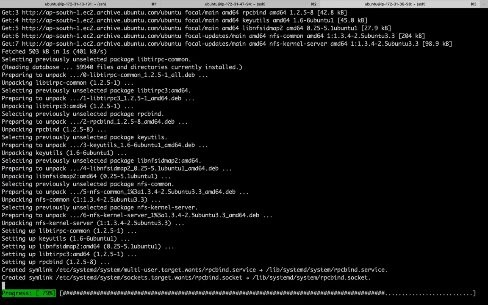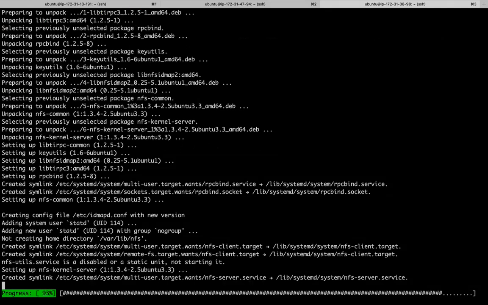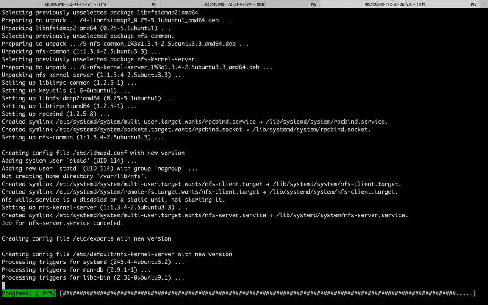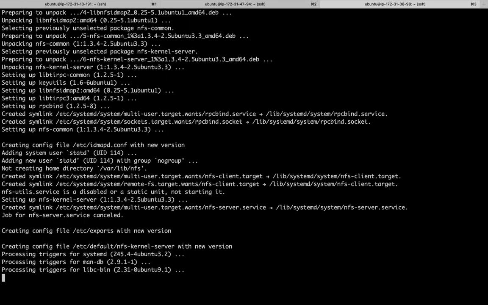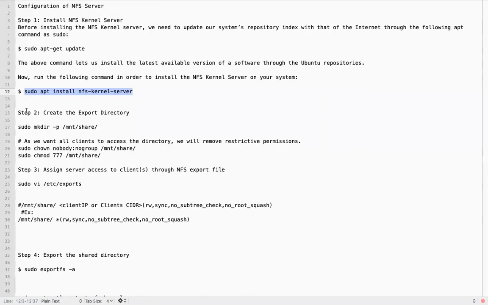I can also copy paste. I have all these YMLs in my GitHub. I can also copy paste, but if I copy paste, you will not be able to understand what I am deploying, what I am creating. So even though it's taking some time, I'm trying to type each and every YML so that you can understand what you are deploying, what you are creating.